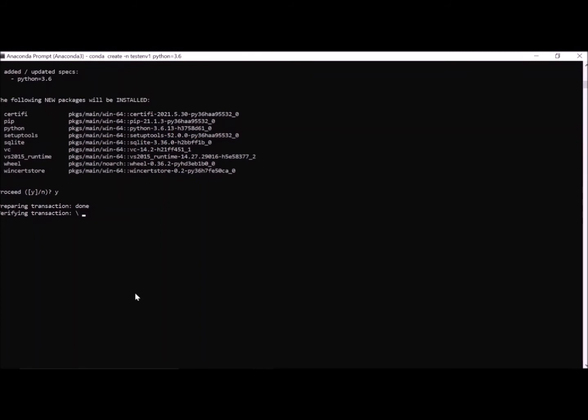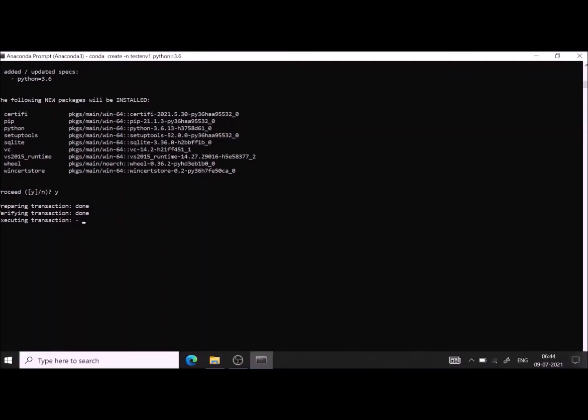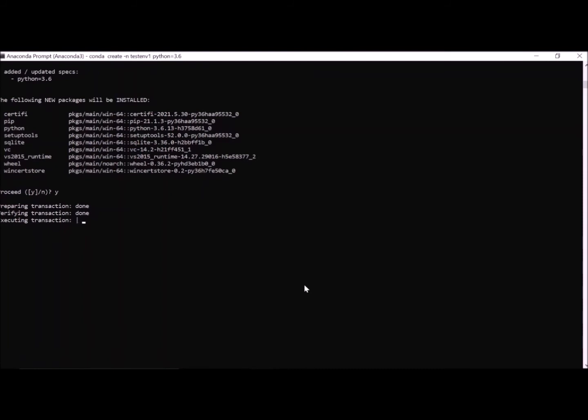It's creating the new virtual environment named test env1. On my system it's taking time. Maybe on your system it will be much faster. It depends on your speed, the performance of your computer, and maybe on the network.